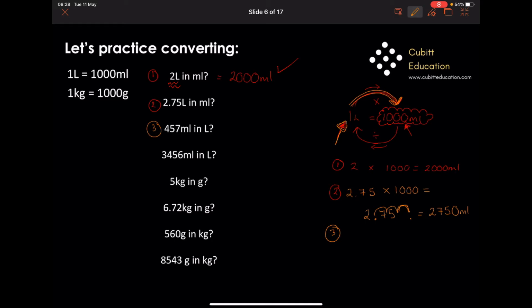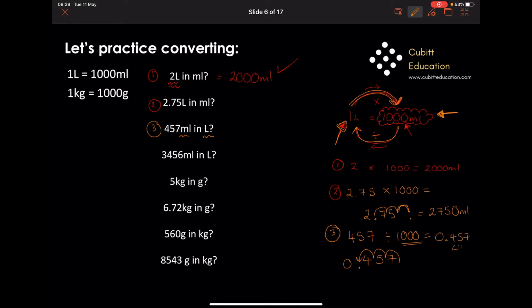Question 3, you're in millilitres this time, which means you're on this side of the conversion. And we want to go to litres, which means we're going to need to go over here, which means we're going to divide. We're going to take our 457 and we're going to divide by 1,000 this time. We're doing the opposite. Now again, when we divide, I'll show you, we go back the other way to the left 3 decimal places because it's 3 zeros. 1, 2, 3. Your decimal point ends up there and you must put a 0 in front. So your answer would be